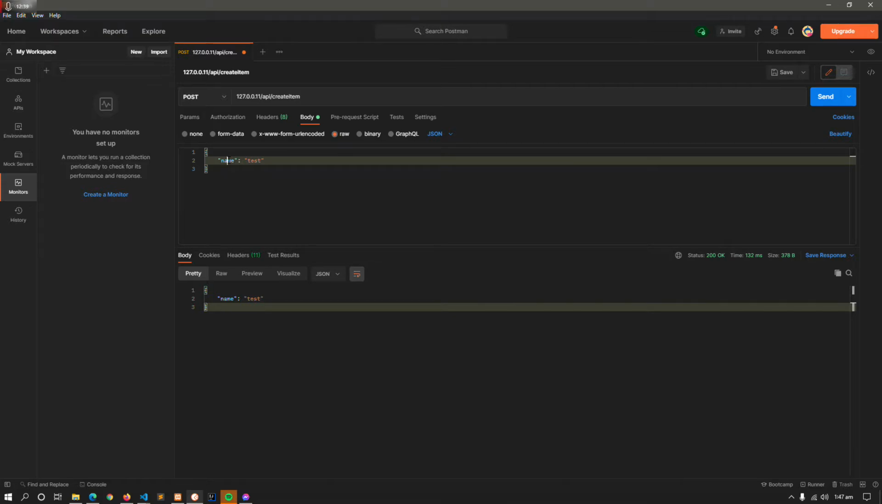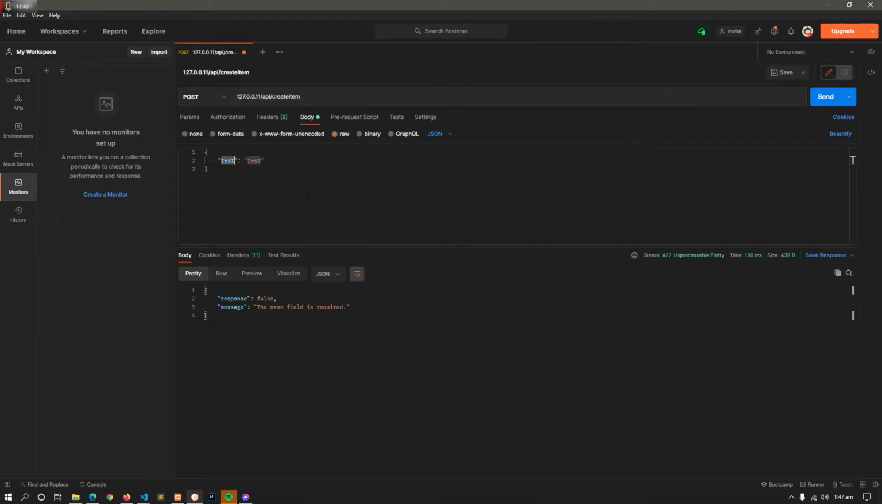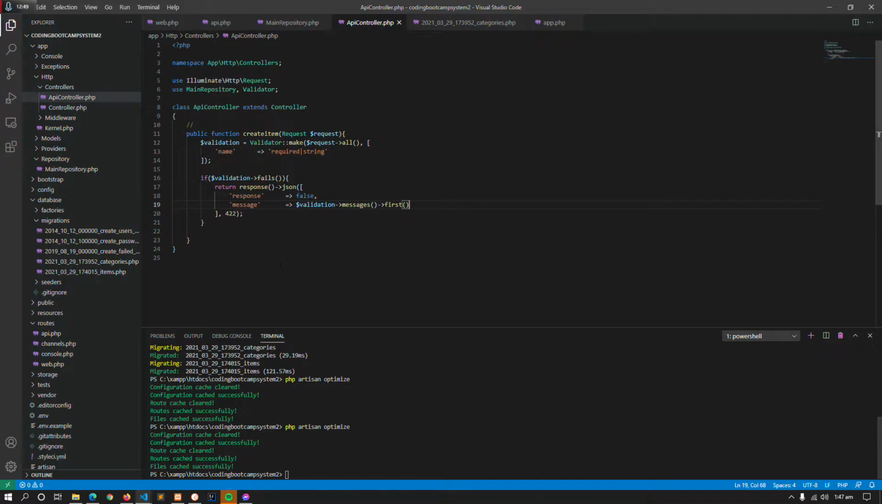Palitan natin tong body na to as, sabihin natin test. Kailangan lumabas dito yung error. So, ito siya. Gumana. So, susubukan naman natin ngayon kapag tama yung binigay. Close ko lang yung isa. Ayan. So, dito, kapag tama, so return response JSON, status code as 200, response as true, and then data, papasok